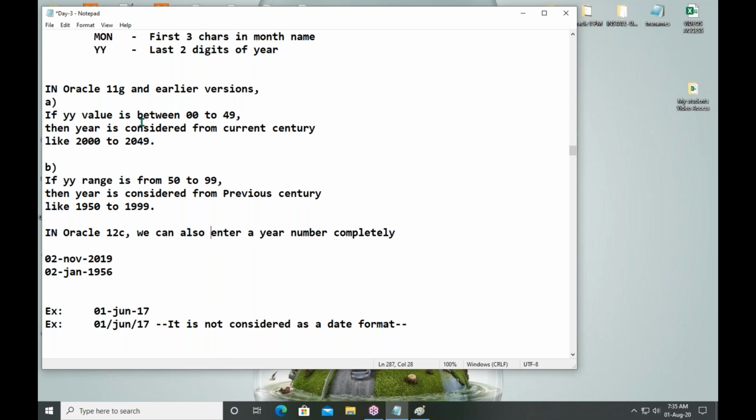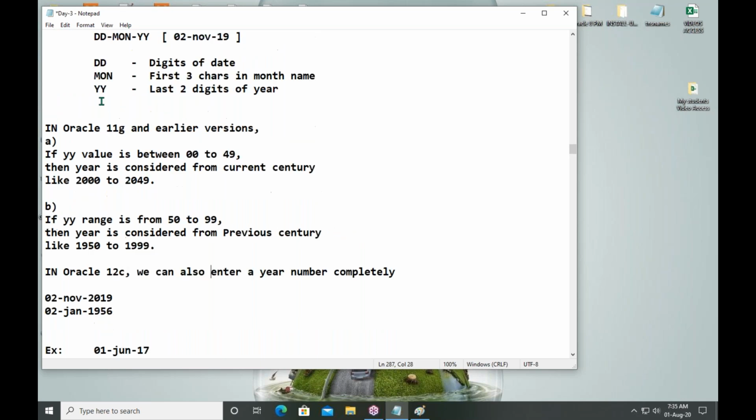See, if your YY value is in this range, then internally the complete year number is stored from this century. 00 means it is representing 2000 to 2049.